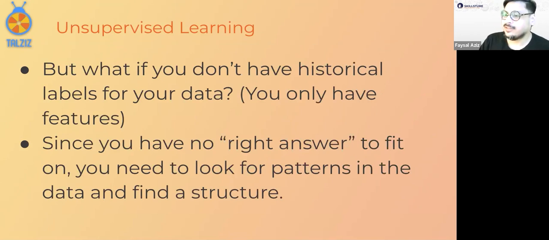But what if you don't have historical data? This could also happen, especially for clustering. For instance, the male and female clustering that we saw. What if I did not tell you male or female? I just told you these are human beings, and they seem to be clustered by height and weight. You could now think, is it male and female, or is it